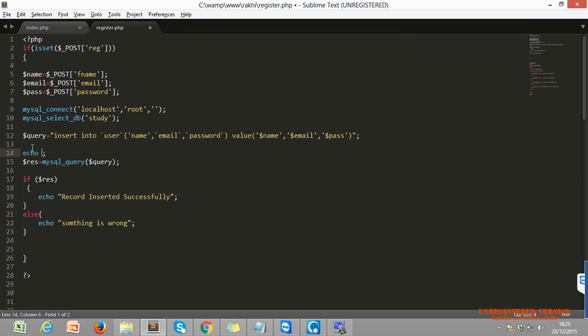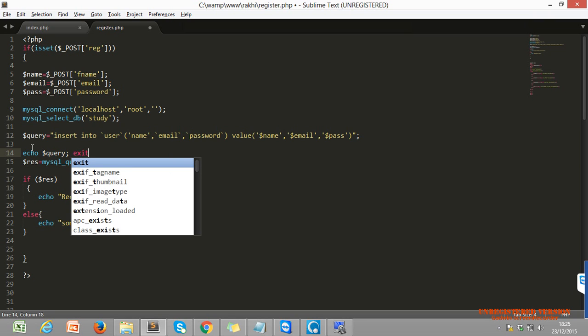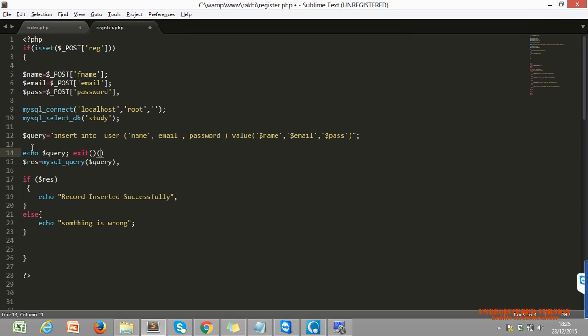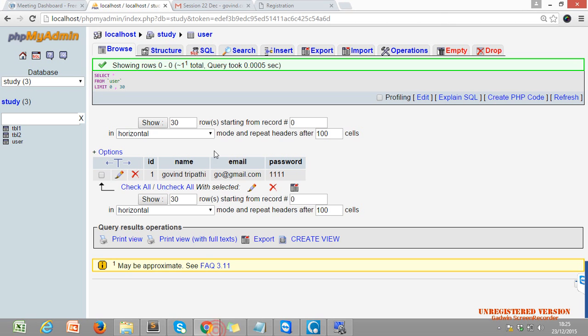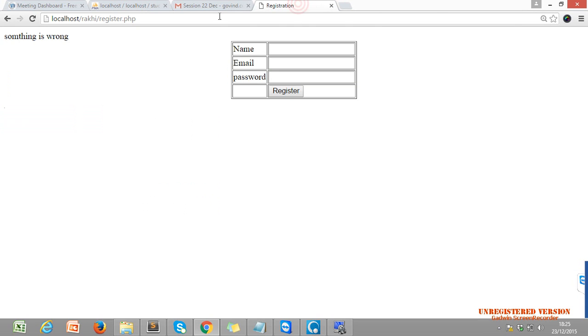How do you debug? By yourself. Just echo your query variable, to check what you are sending, and you can use exit or die. These are functions. The exit function stops the execution of our program. Let me show you. This is our simple example.